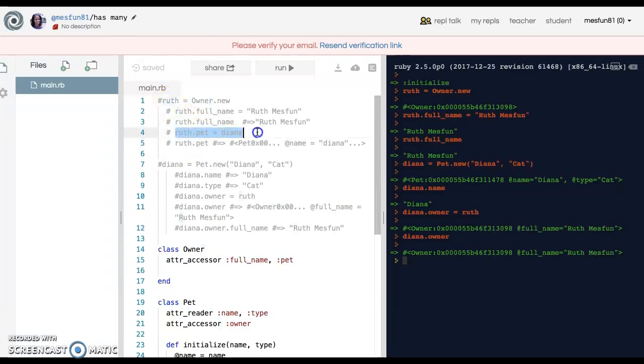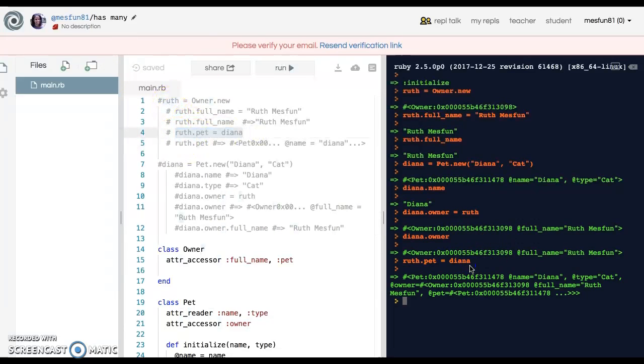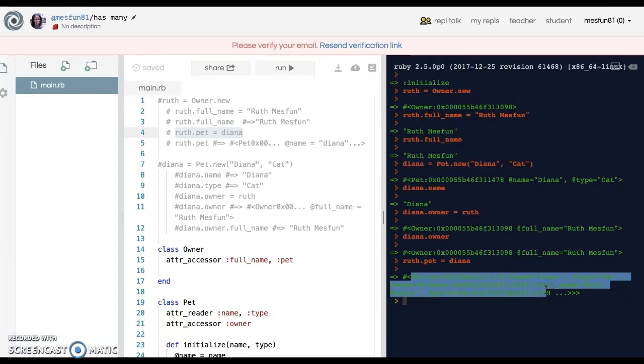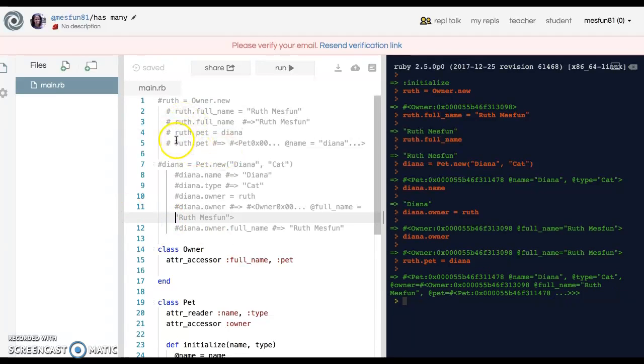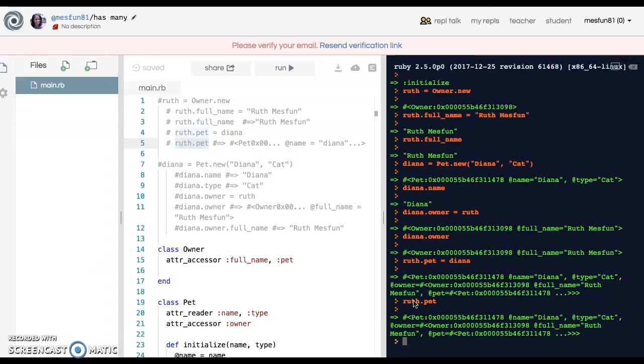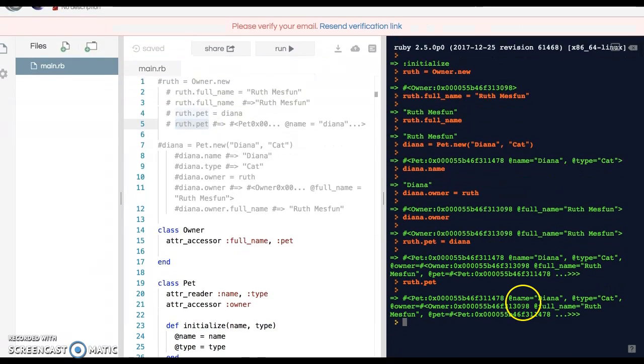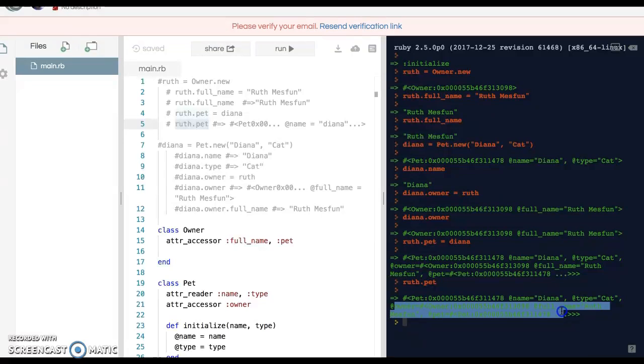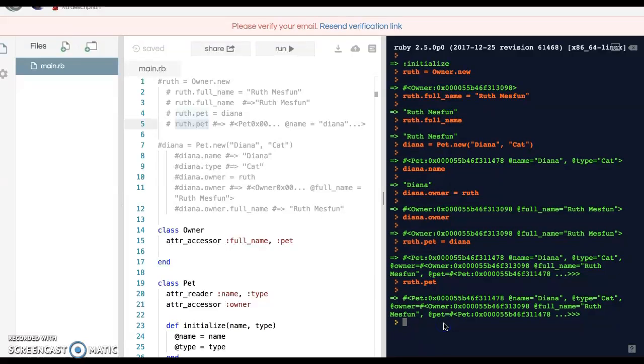then now, great. So if you see here, pet, awesome. And then when you call upon that pet, you'll see that the pet name is Diana, type cat. You'll even see the owner. This is so meta, it's so cool. And then it goes in and then. So then if you did